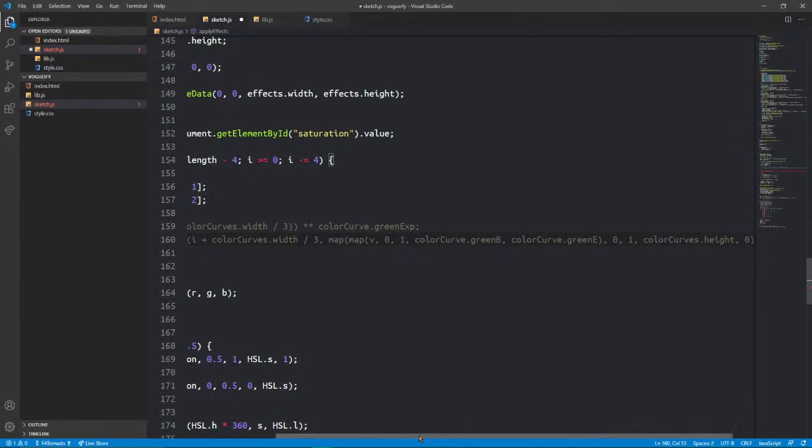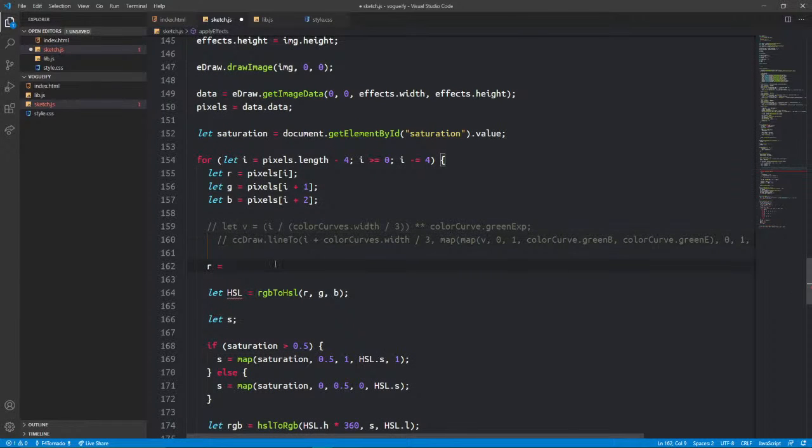Just want to use it for reference. Then I'll set R to R to the power of the color curve dot red exponent, and then I would want to map this,